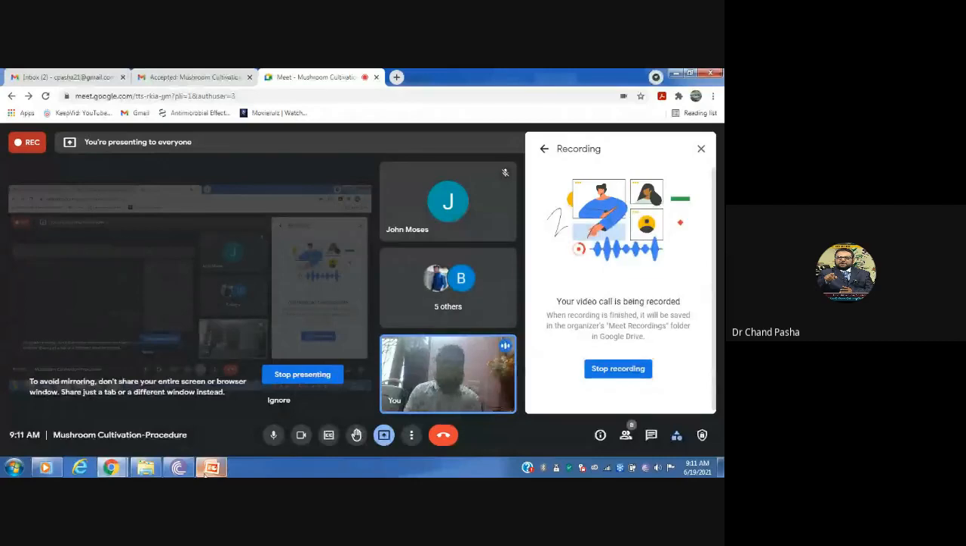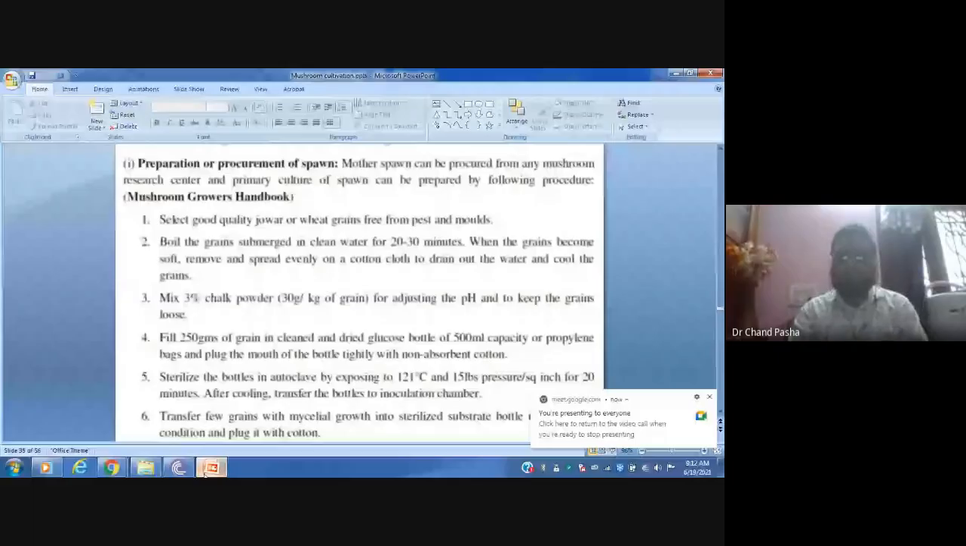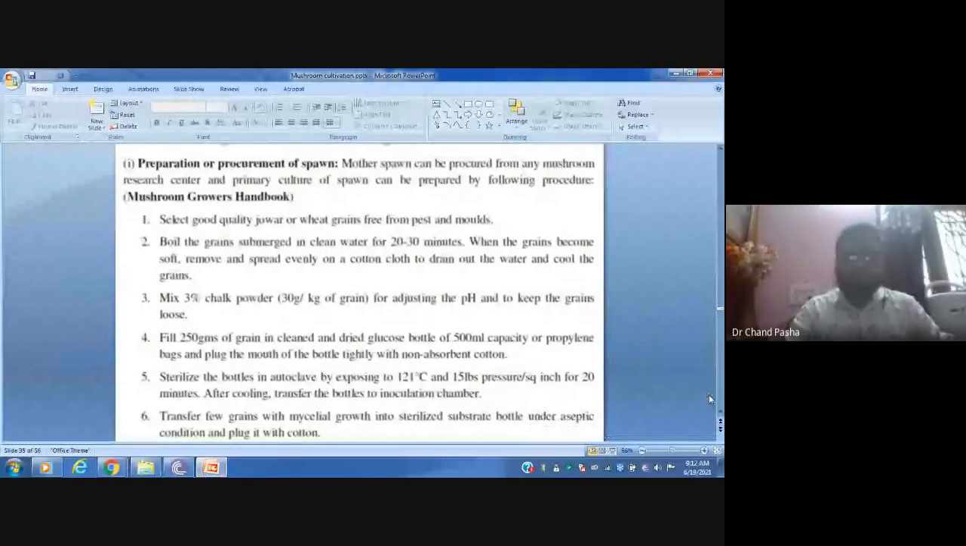Sometimes in public gardens, people provide spawn in bottles at 50 rupees. But as microbiologists, we should learn how to prepare this spawn. Already I have explained this component. First, whenever you have a stock culture with you,